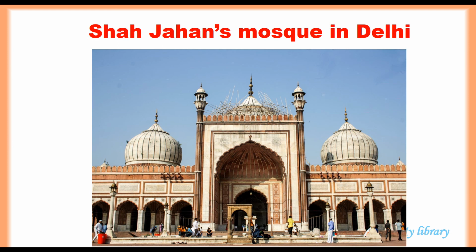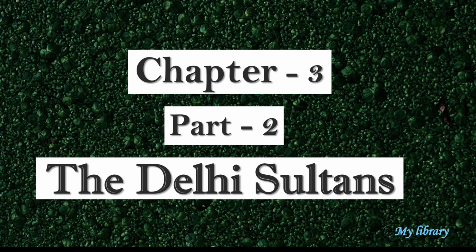See, all these mosques show an evolution in architectural tradition of the subcontinent that came to its peak in Shah Jahan's mosque in Delhi. In the next part, we will see how the Khaljis and Tughlaqs managed the administration and